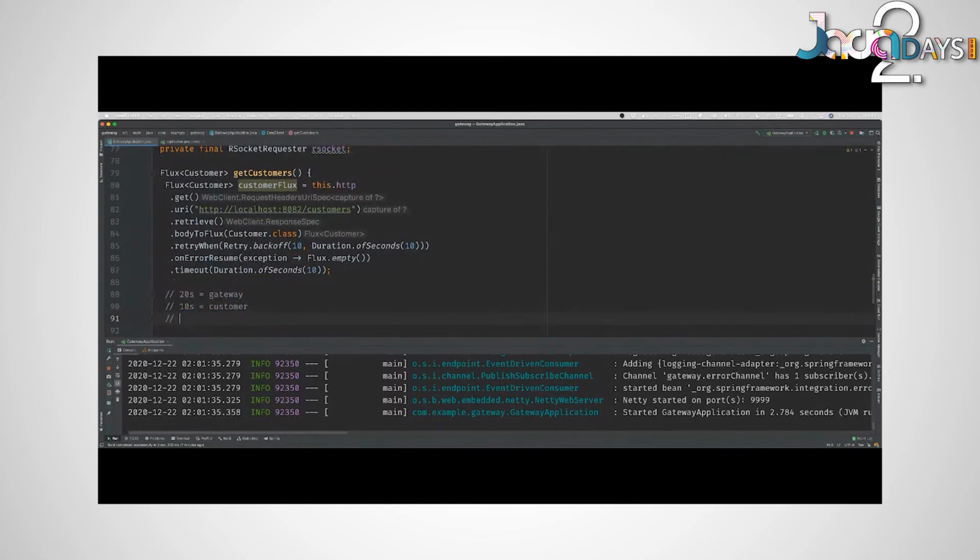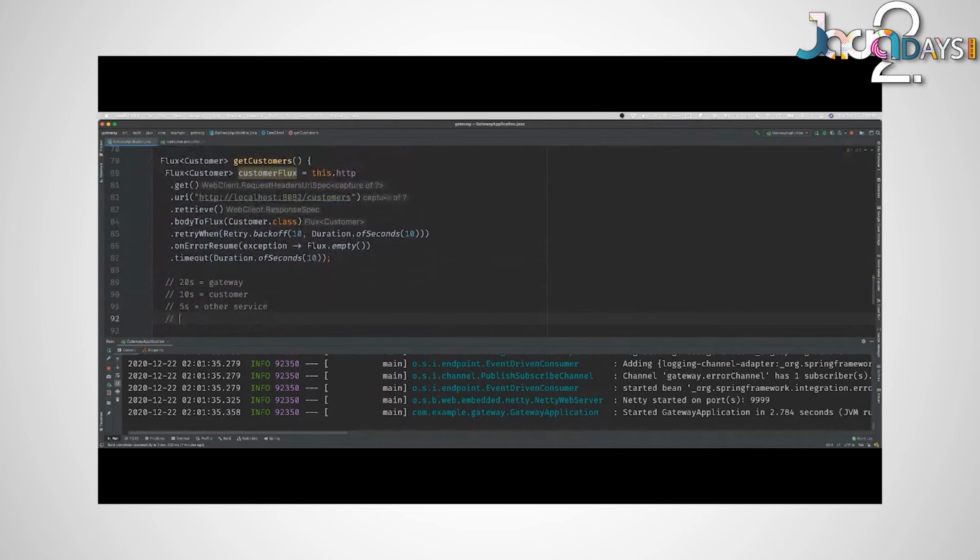Now, the customer service, in turn, maybe it calls another service. And so that takes 5 seconds. It has to be less than 5 seconds, right? And if that calls another one, then that calls another service, right? It has to take 2.5 seconds. You see the problem here? It decays very quickly because we're further away from the origin of the request. And so the further we are away, the harder it is to scale, to manage that response.